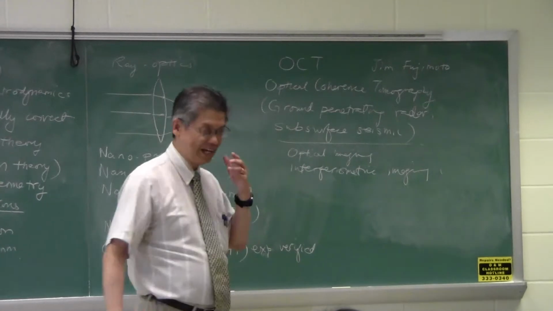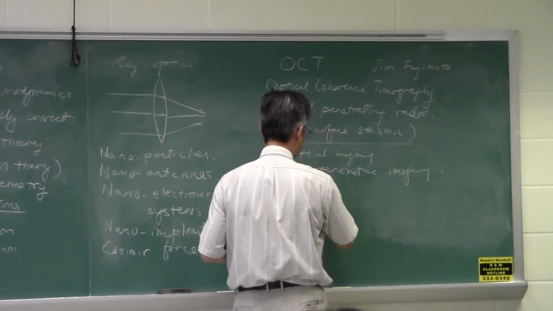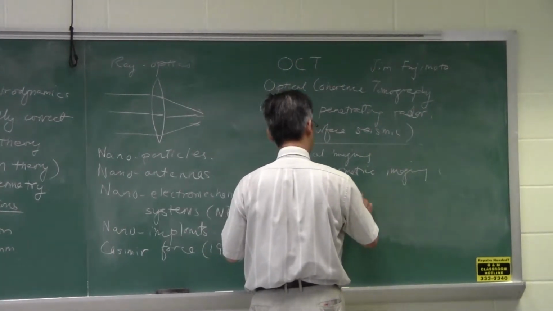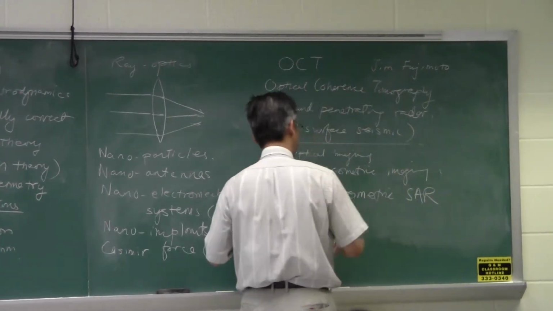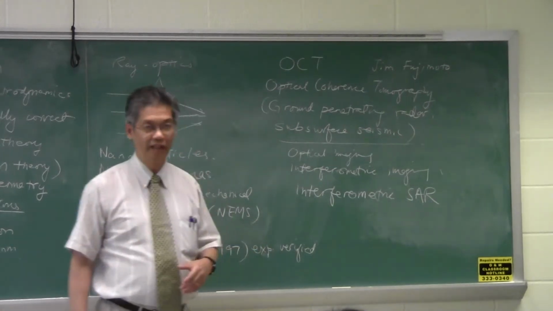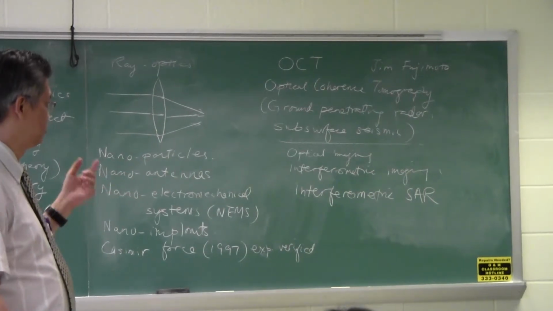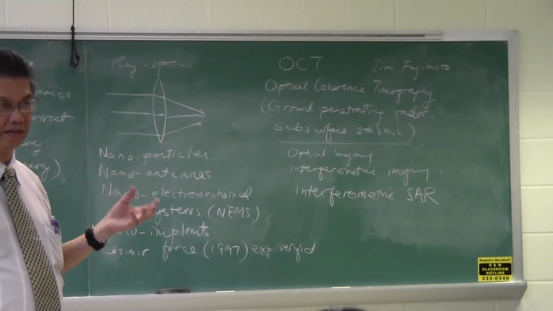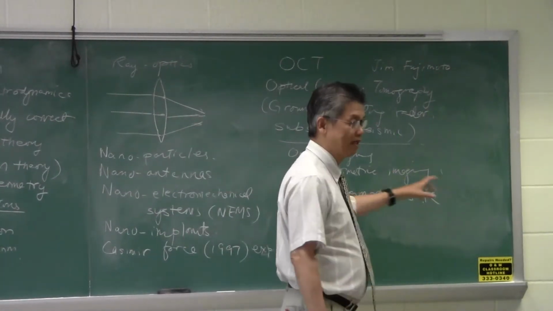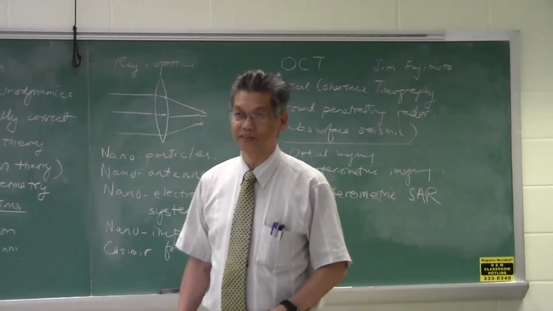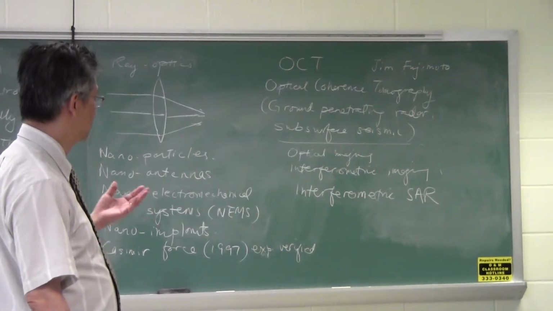Lots of things that happened at microwave before, like interferometric radar, synthetic aperture radar, have now been repeated in optics, so that you can get 3D images of the surface of a tissue. Interferometric SAR, or synthetic aperture radar, is used to find three-dimensional pictures of the Earth's surface from satellite remote sensing. But now this kind of technology has been repeated. And lots of things happen to be that way,